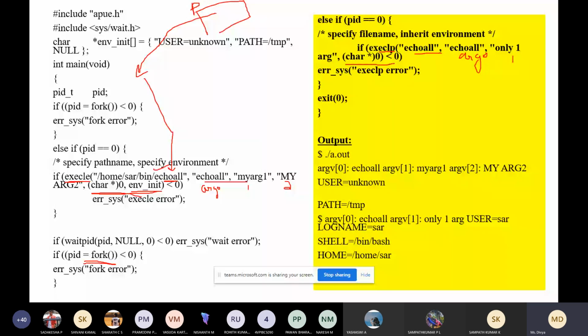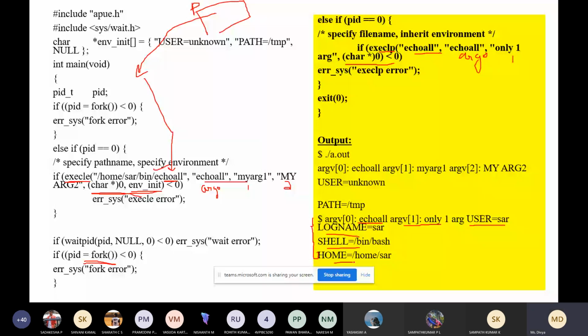Again, when you execute the program, it will print argument 0, echo all. Argument 1 is only 1. And it will start printing the environmental variables, shell, home, like this, all of them.